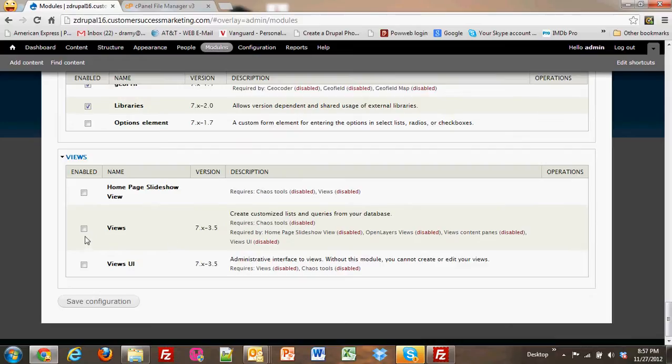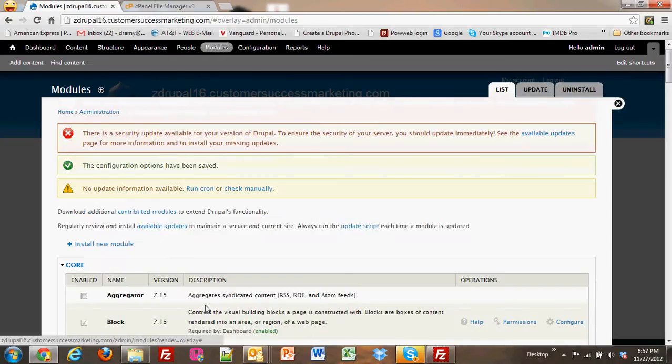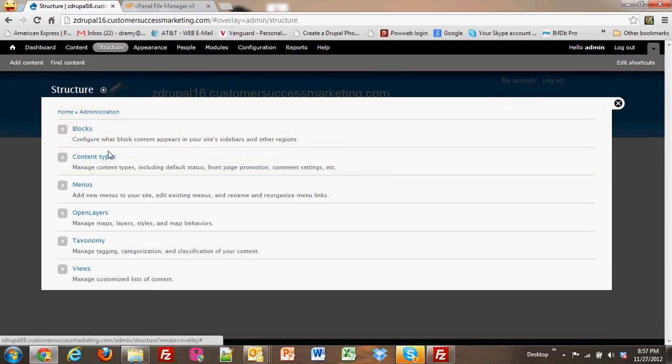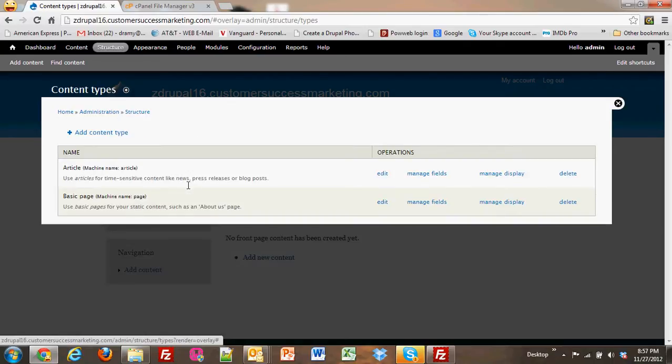And then down here, we also are going to use views and views UI to actually build up the list of pins that are going to show up on our map and then display them. So we've enabled all the required modules, and Drupal has just caught up with us. Everything looks good. So the first thing we need to do is create some content and content types that have